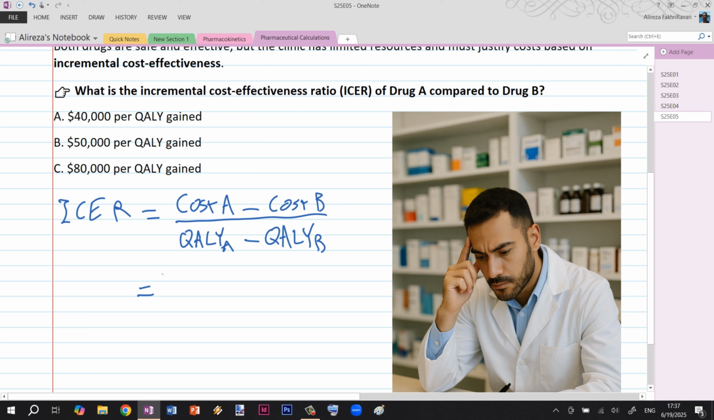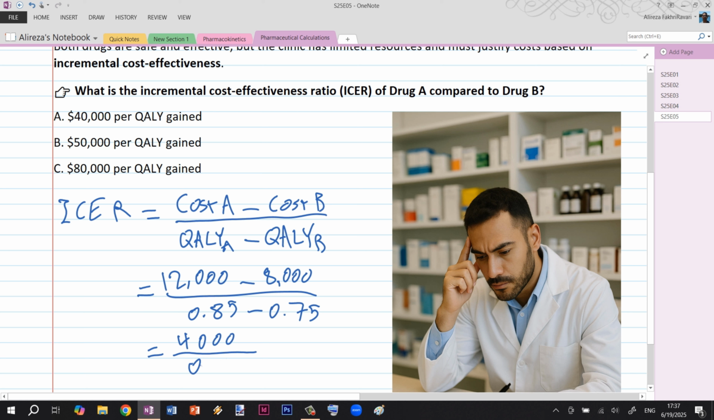So essentially you plug in, drug A costs $12,000 per year. You subtract the cost of drug B, which was $8,000. And in the denominator, you have 0.85 minus 0.75. And that should give you 4,000 divided by 0.1, which equals 40,000. So 40,000, which is choice A,